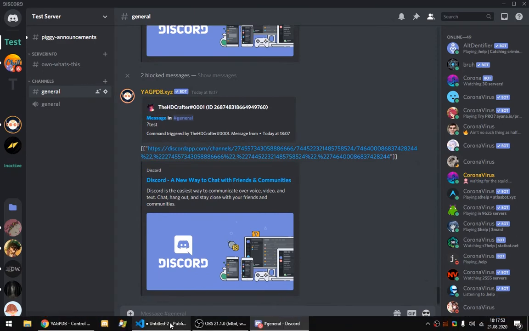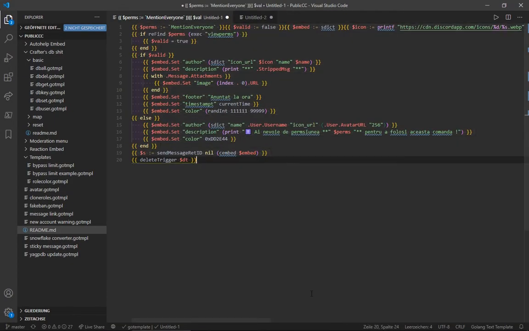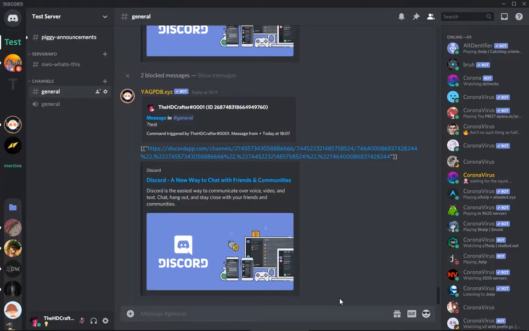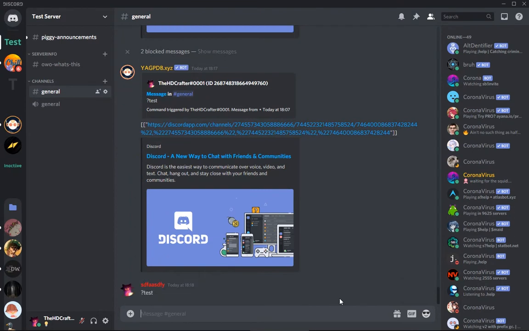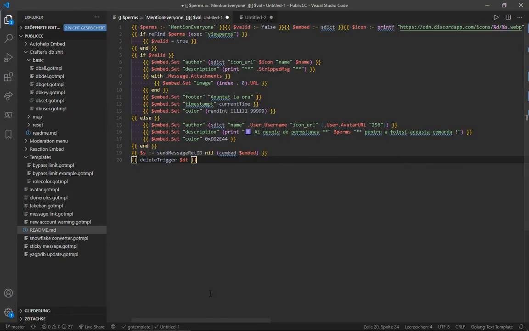Okay, so let's go to the other example. I created another custom command, or someone sent me this custom command and asked me what the heck is wrong. And I also never saw this error before. I added it to the test command, and it tells me invalid argument to int 63n. And I have no idea what this means. But let's first